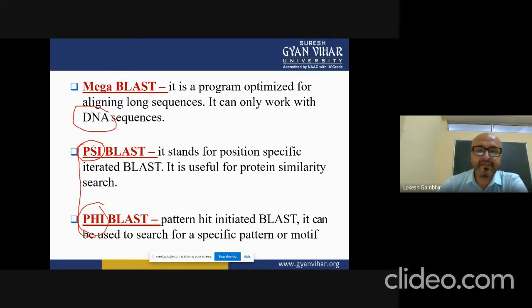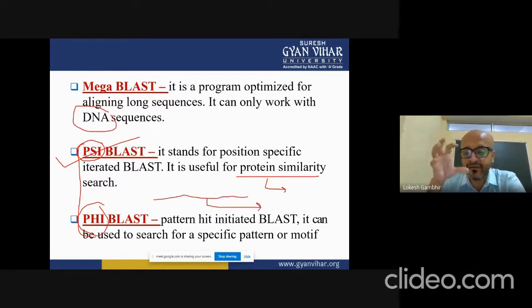So what is Psi-BLAST? If you are more interested in identifying protein similarity based on certain specific positions, so if you have a fixed motif or a domain that you want to use for matching, then it is Psi-BLAST. And if there is a certain pattern which you want to hit and see which family this particular protein belongs to, I give you an example. If you have a protein and you saw a pattern, you use that particular stretch to identify whether this protein belongs to an already known family or not, or what type of family this is.